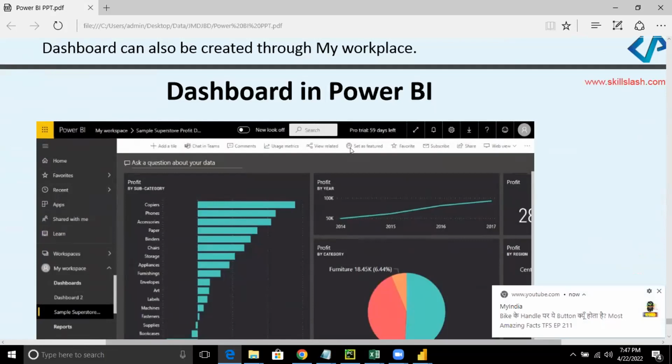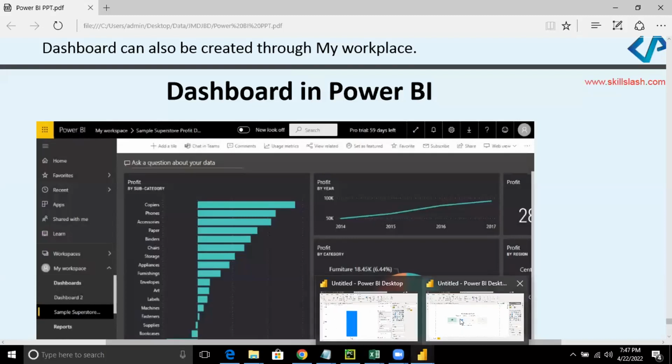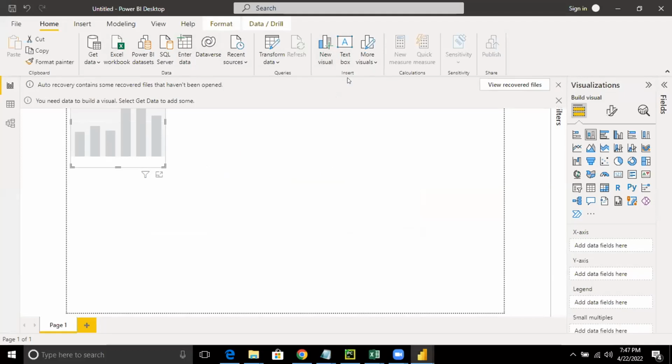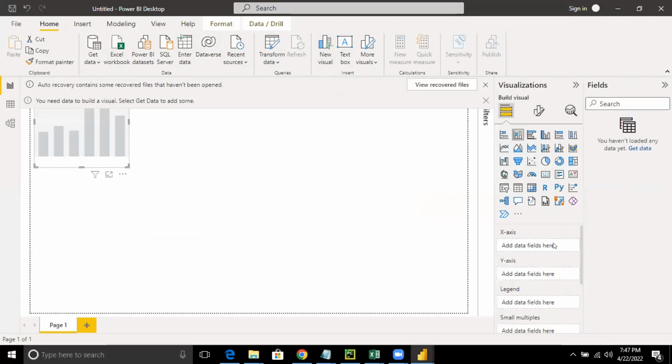Roshan, you want to see how you can increase the font size and the other things. What is the difference between Excel and Power BI? These two questions I will answer. So with the fonts, guys, this option is available here only in the formatting option. Let me find it and show it to you. So this is the new visual I wanted to create. Okay, I'll show you the font.